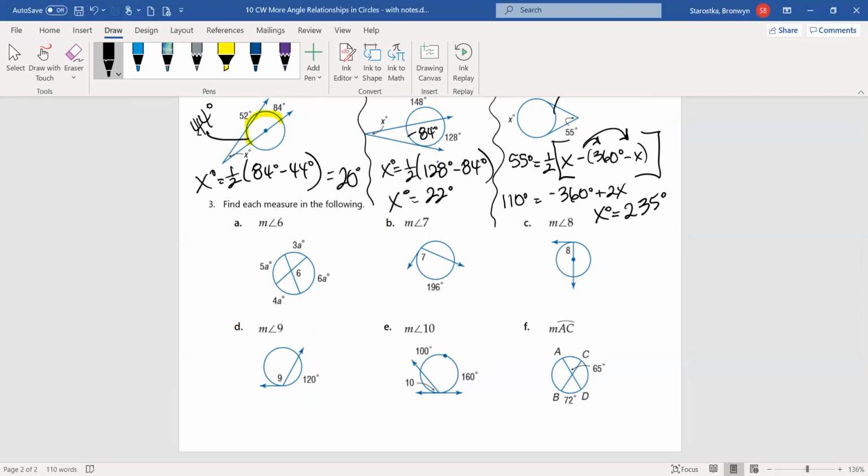So 3, 9, 10, 11, 12, 13, 18. 18a equals 180, which means a equals 10, which means you have 50 here, and you have